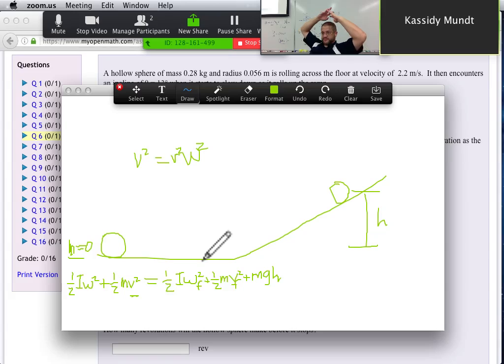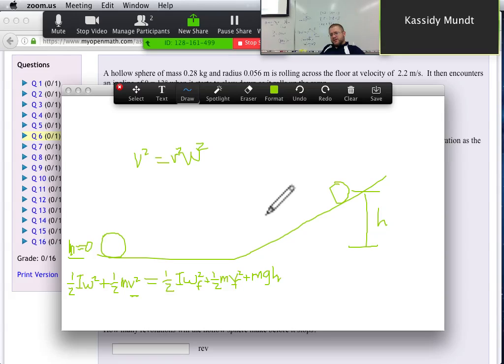I already figured out, if it gave me the velocity, the v, I was able to figure out the omega correctly. Then what would the step be to get to the linear and angular acceleration? Oh, so to get to linear and angular acceleration, when do they want you to calculate that? As the hollow sphere rolls up the hill. So as it's rolling up the hill, what is its angular acceleration and linear acceleration? Is that what it's asking for?